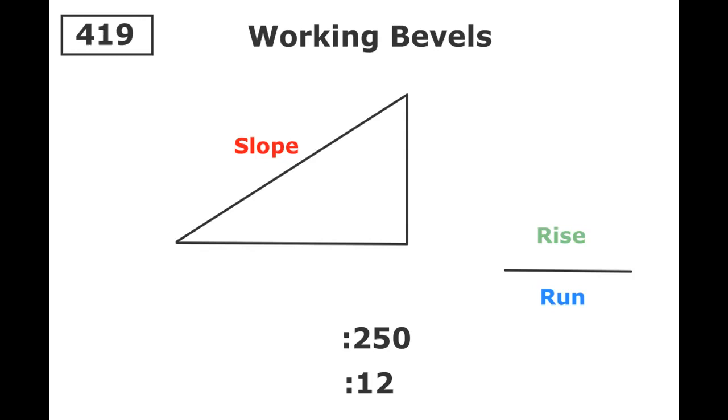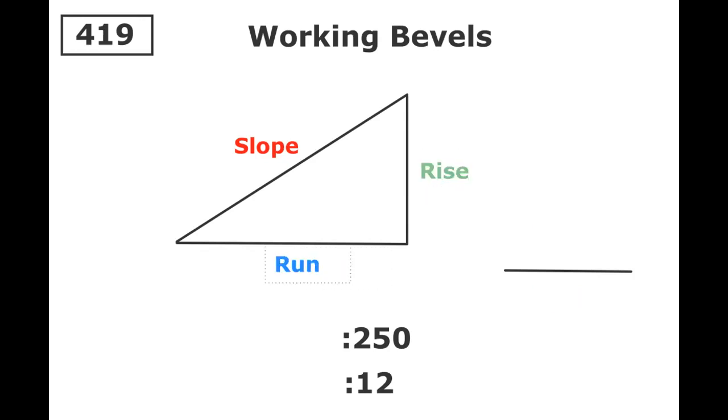Okay, so we know rise over run is something we're going to hold on to. That's going to be helpful to us, and we're also going to remember that the number given, either 250 or 12, is always going to represent the bigger portion of rise over run. Okay, and if we're doing a slope for a stairway or anything on a job site, driveway, a wheelchair access, what you need to realize is that if your